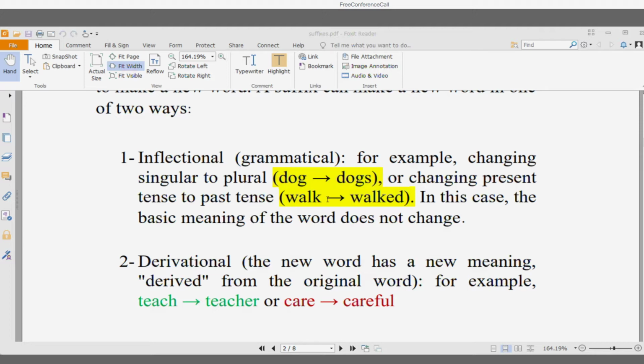For example, walk walked، الإيدي أيضا هي من هذا الصنف، walk walked، فقط نضيف إيدي حتى يعني عندما تكون أكو